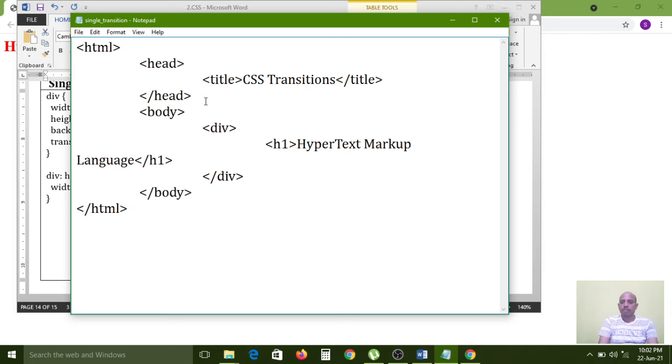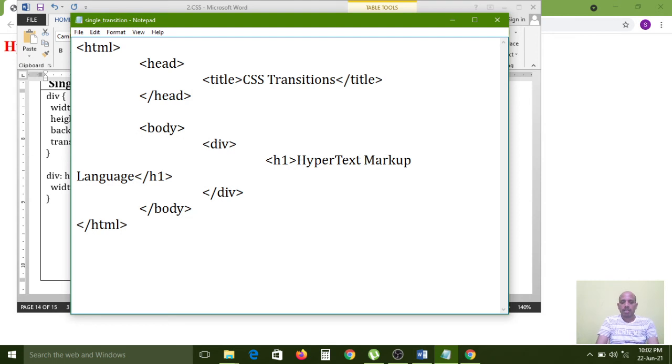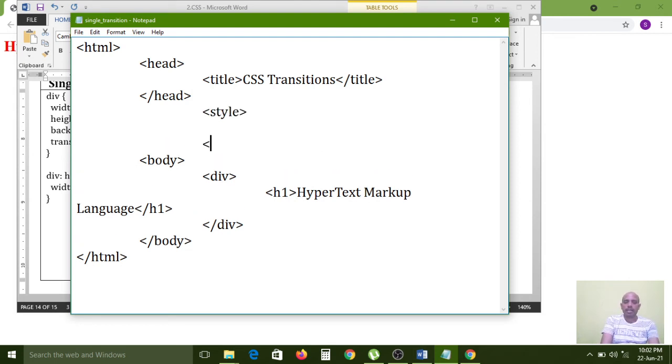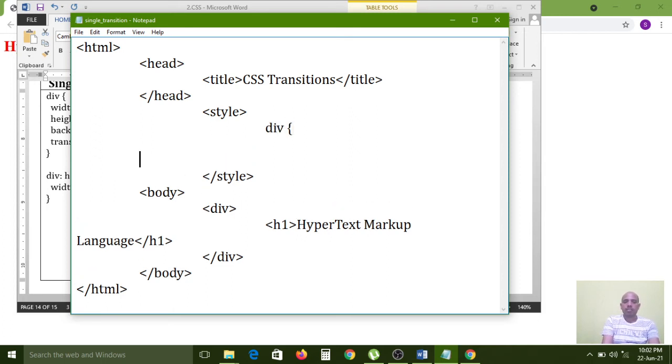Now for the div tag purpose I am writing the styles. Style opening and closing. Carefully observe here. Div tag opening and closing. Here width 300 pixels.